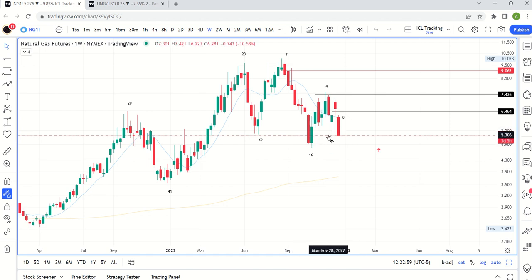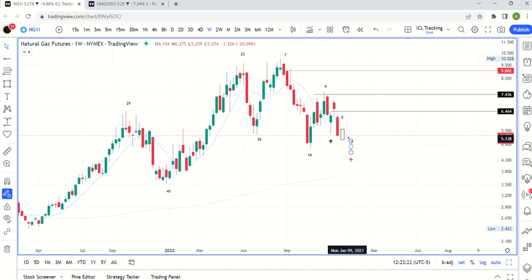Either way, we know we're declining in the daily cycle, so we're going to decline for at least another couple of weeks, right? Again, doesn't mean it'll happen in a straight line, but maybe you get something like that, and then like that, to close out, and then you get your ICL. It undercuts this by a little bit, something like that, and then you're going to get a bounce, and then it's going to be a question: is that next bounce going to be a feeble bounce,